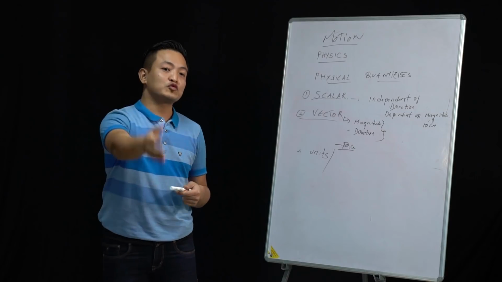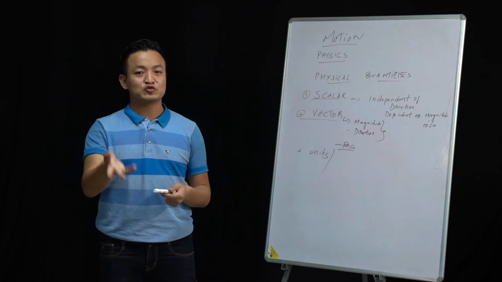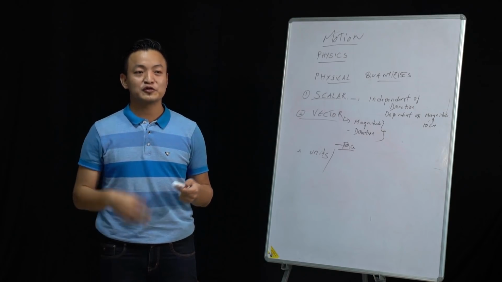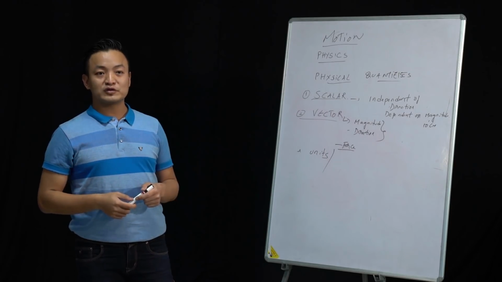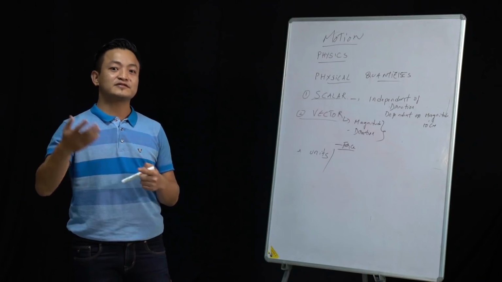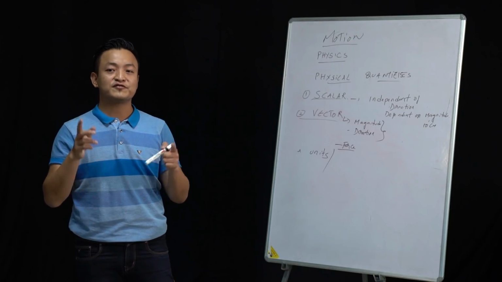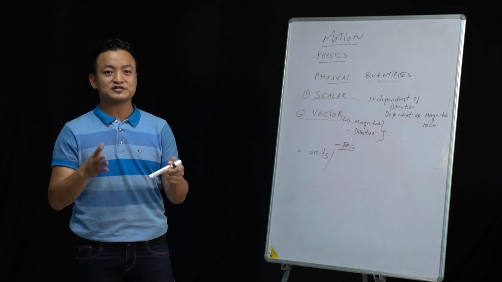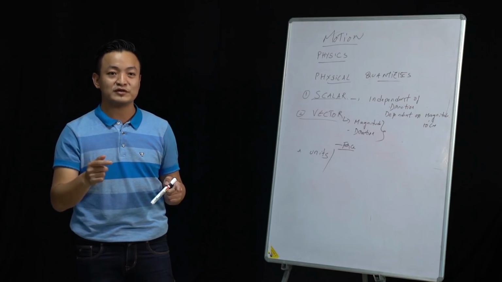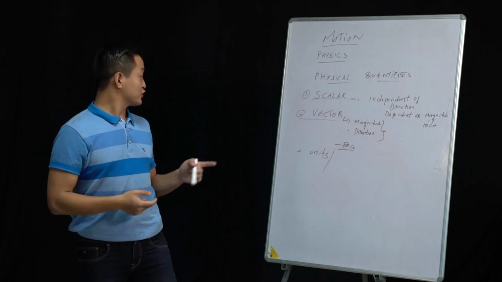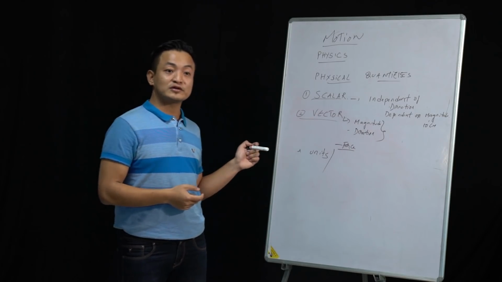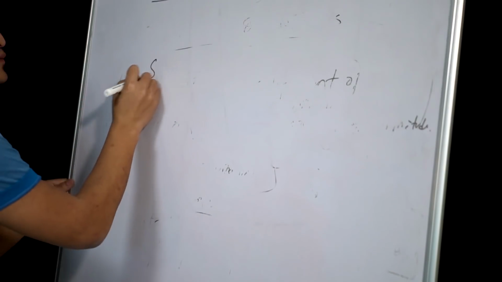Because you cannot just go to a shop and say, hey, give me 2 sugar, right? You have to say, give me 2 kilos of sugar. So units are very important. For distance, we cannot just say the distance between Kohima to Dimapur is 74 or 72. We cannot just say like that. We have to put kilometer, meter, centimeter. So units are very important. Clear? Okay, the next point will be system of unit.